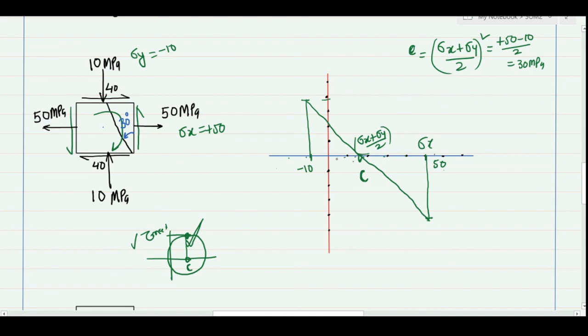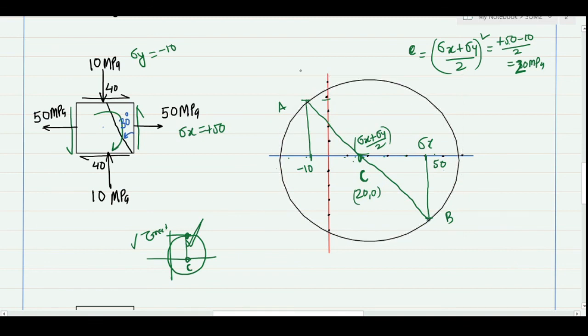So here I will have the center of the Mohr circle, sorry, this would be 20 here, because 50 minus 10 is 40, divided by 2, so it will be 20, and the center of the Mohr circle is at 20 and 0. Once I have this AB line, I can construct my Mohr circle. So approximately this circle will represent my Mohr circle, and these 2 points correspond to your principal stresses. And you can see here, this is 50, this is 60, and approximately this point corresponds to plus 70.